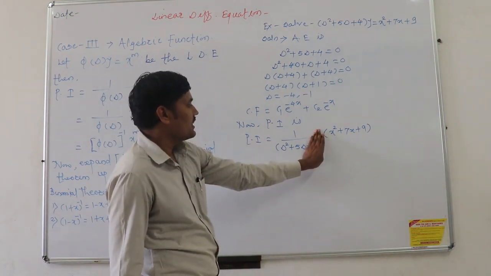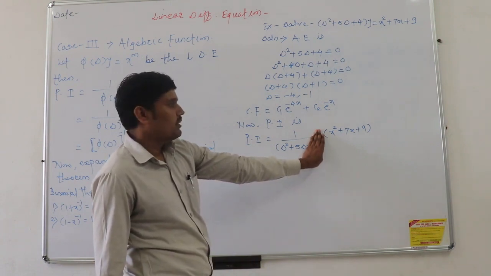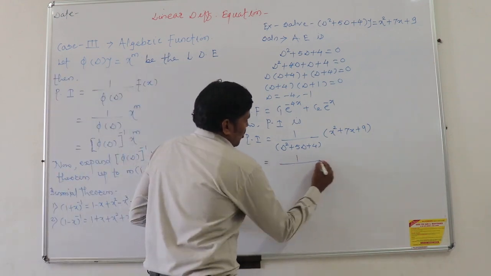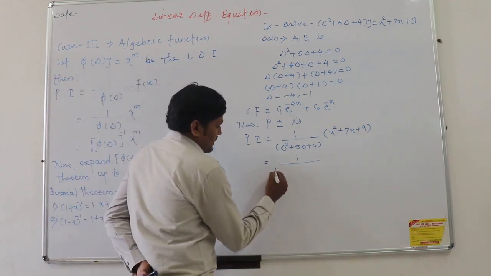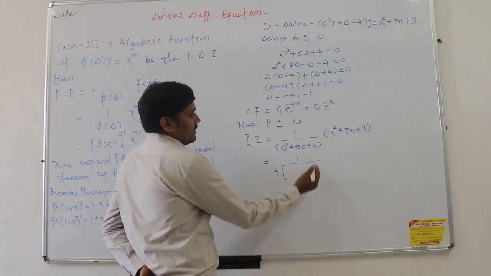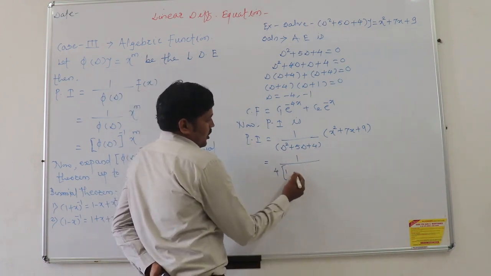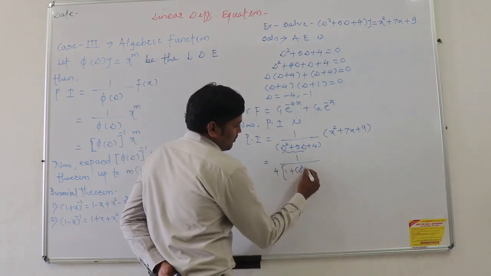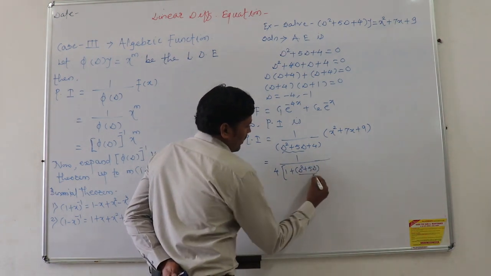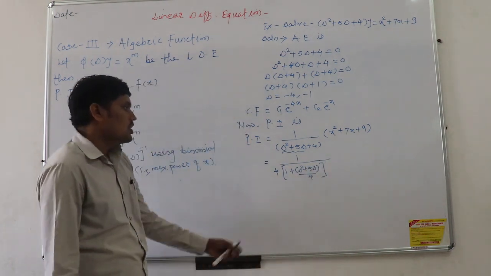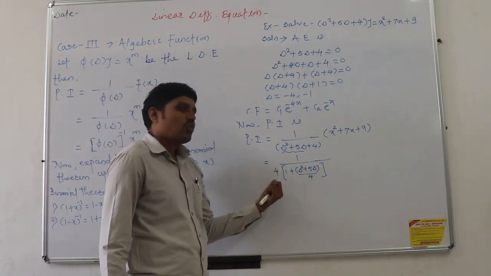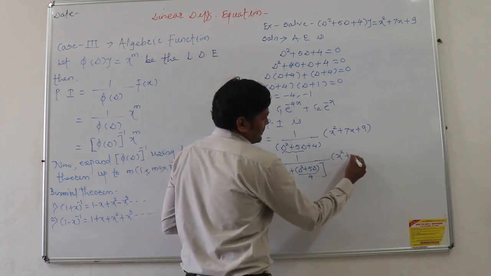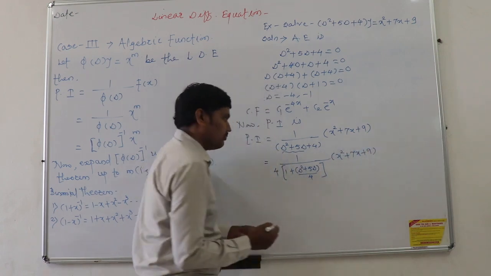If the constant term is absent, then consider the lowest degree term of D as common to reduce it to 1 plus or minus. Now here the constant term is present, so 4 is the common term. If you consider 4 as common, then instead of 4 write 1, because divided by 4, 4 cancels to 1, and write D square and the remaining terms of D in the bracket upon 4. So we simplify it by considering 4 as common. So it is 1 plus D square plus 5D upon 4. Now this bracket remains as it is, x square plus 7x plus 9.